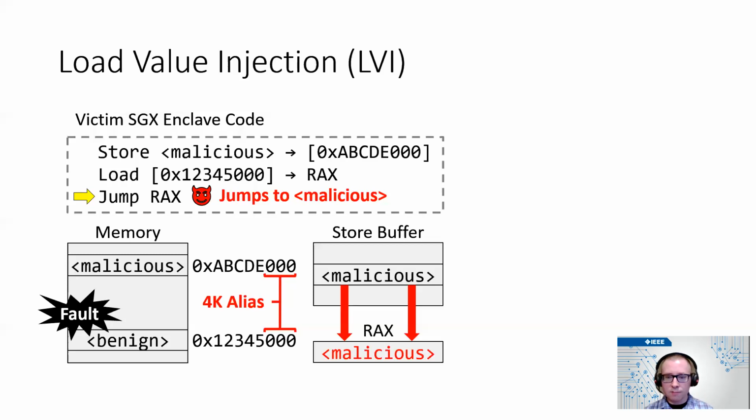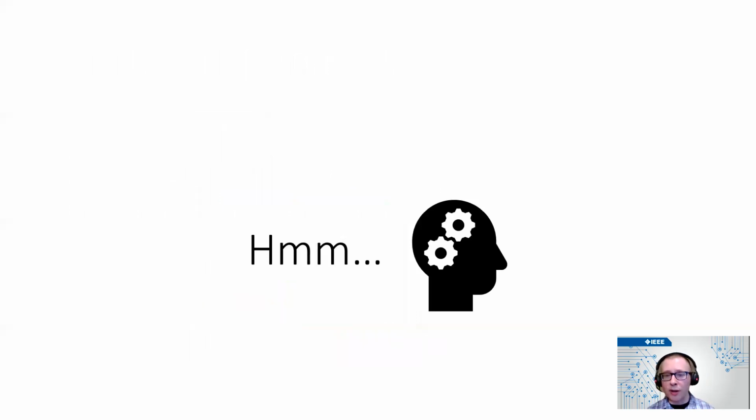And dynamic analysis is also really tricky because things like, say, heap allocation are not necessarily deterministic, so it also isn't really conducive to the kind of alias analysis that we would require. Now, at this point, it seemed like maybe we were stuck. And the researchers had come to the same conclusion, that the analysis to find potential LVI gadgets and mitigate them would be very difficult. And they thought that full mitigation would require inserting an LFENCE instruction after every load. So could we possibly do any better?